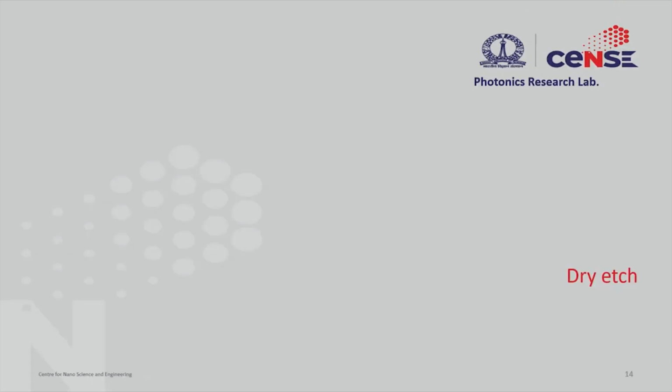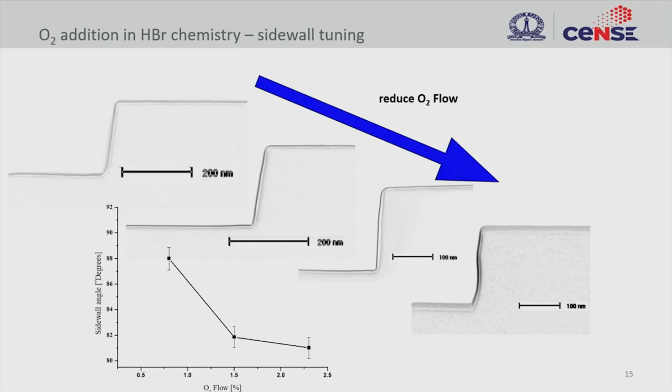And once we pattern the device, next thing is to etch, in particular dry etch this device. And this is something very important. So I would like to highlight the chemistry that we use is a very important factor. So here we use oxygen and HBr chemistry in order to make the silicon etch. So what you see is silicon. When you change the silicon